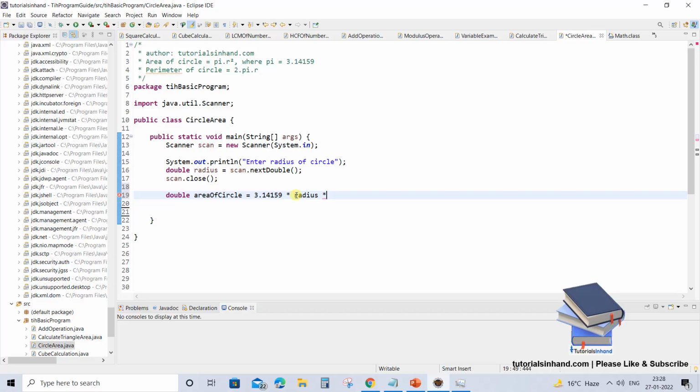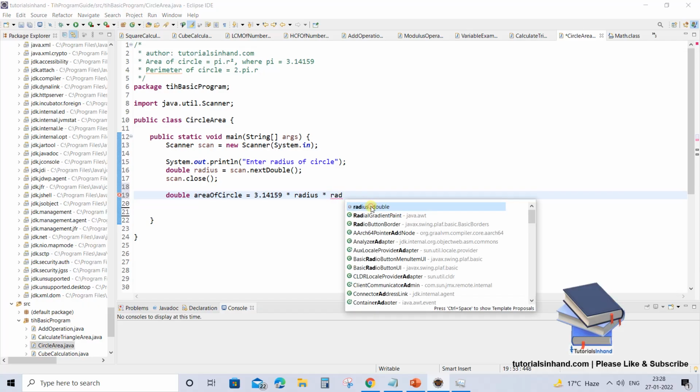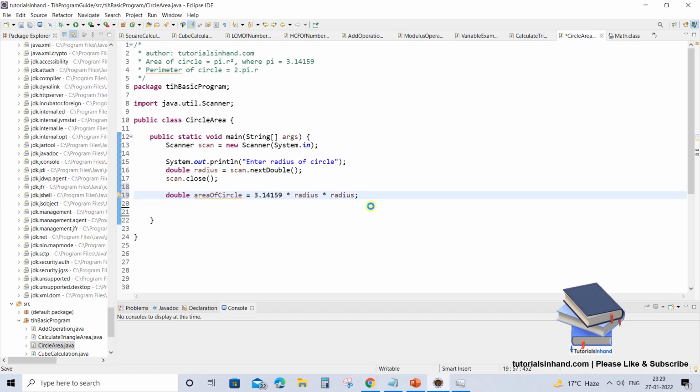Previously we have copied and pasted the radius over here, but suppose if you want, you can simply type few letters and then press Ctrl tab and you will get suggestions. From that, just select your variable. In this way you can also accept the variables that you have declared in your class. So you can follow the same strategy. You can write few letters like RA, RAD, whatever you want, and then press Ctrl tab. You will get the suggestions of all the variables, and from that select the proper variable.